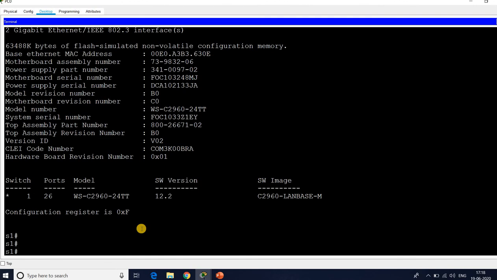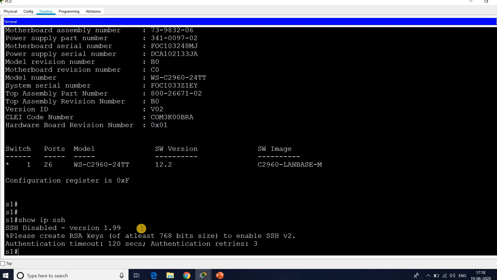So I can configure SSH. To verify SSH support, use show ip ssh. So it is disabled. So I want to configure the IP domain here in global configuration mode. Again configure terminal.